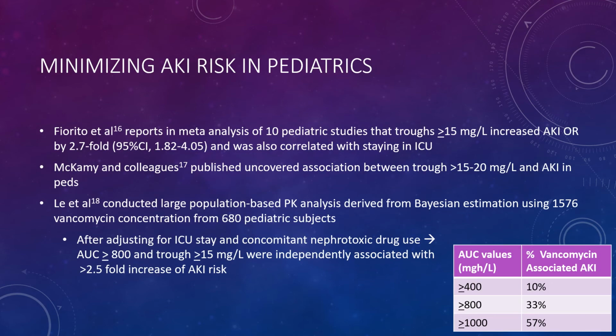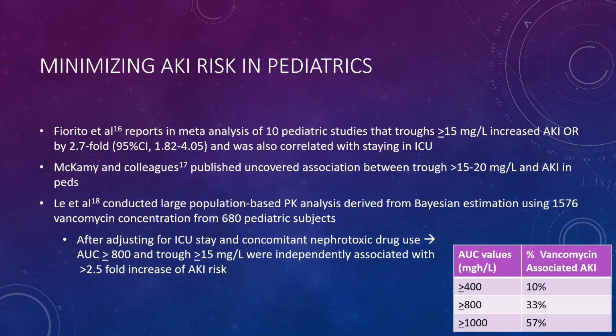A study shows that troughs greater than or equal to 15 actually increase the risk of AKI by 2.7-fold odds ratio, and it's also correlated with staying in the ICU. We see a published uncovered association between trough levels greater than 15 to 20 and AKI in the pediatric population. In a Bayesian estimation, after adjusting for ICU stay and using nephrotoxic drugs at the same time, an AUC greater than or equal to 800 and a trough greater than or equal to 15 were independently